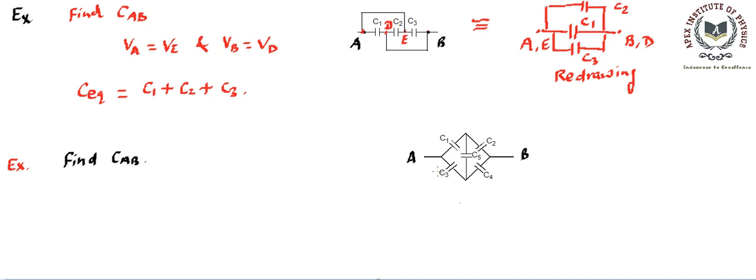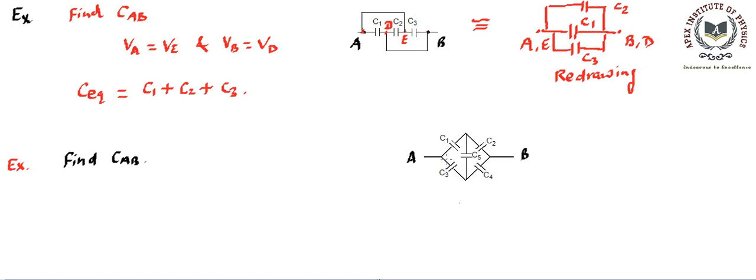Now to solve this, we can either go for connecting a battery of potential V and finding the charge Q, then relating Q is equal to C into V. The C is going to be C equivalent, right? So there you need to make a couple of equations like Junction law and Loop law, and you can solve from there.